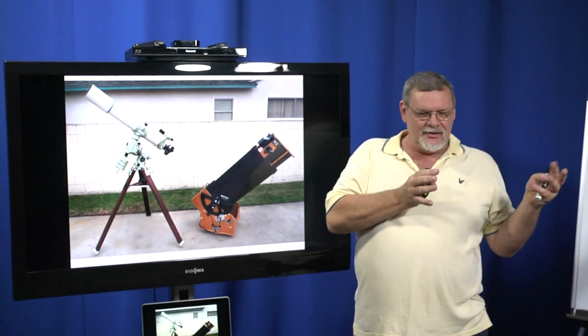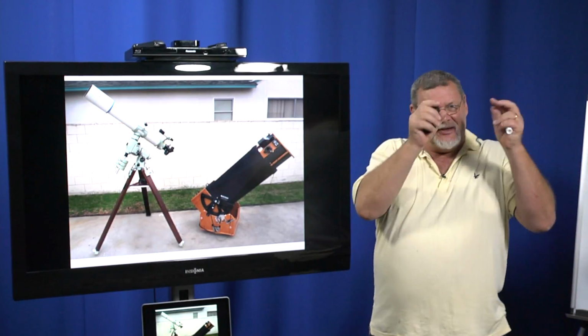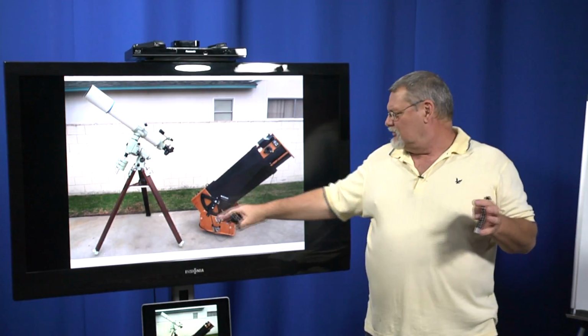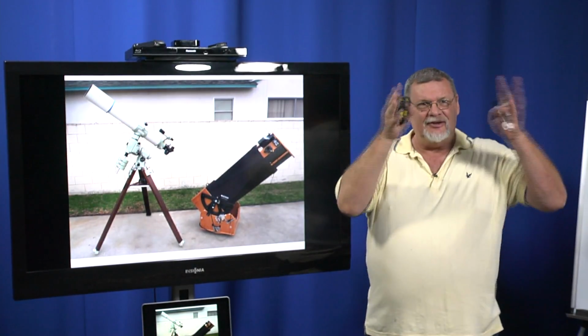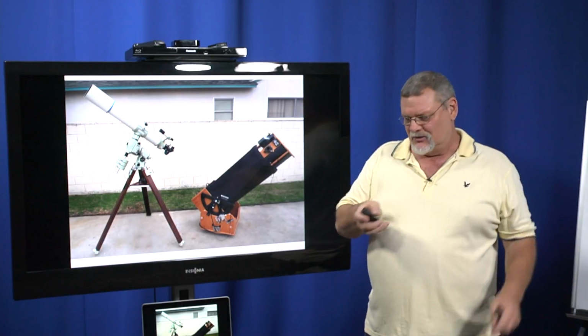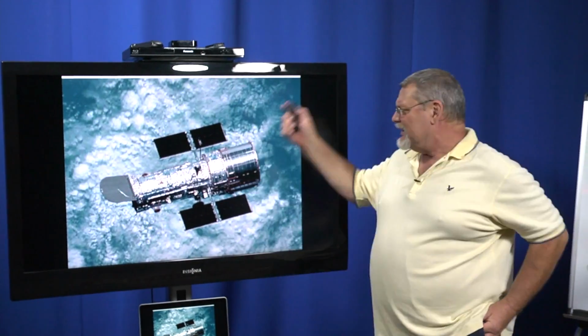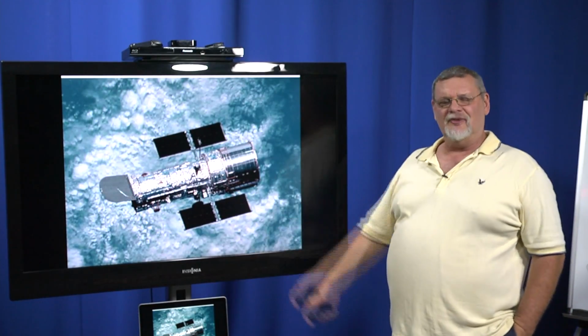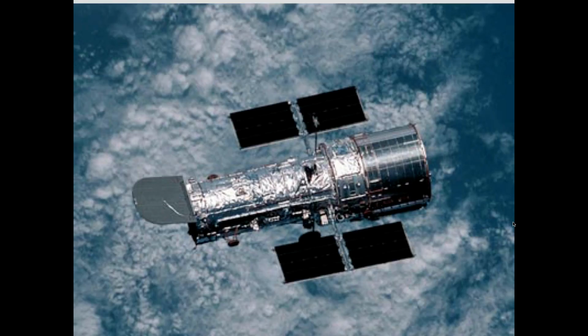And so if you don't have one of those, then you have to keep moving your telescope to follow whatever it is that you're looking for. With a mount like this, with a motor drive, you could set it towards that planet, and it doesn't matter. It will keep moving with it as the Earth is turning. Hubble Space Telescope, we put this up into space so we could get away from the atmospheric interference that we get from the atmosphere. And it's been up there for many, many years, and it can see way, way out there. You've probably seen lots of pictures from the Hubble Space Telescope.